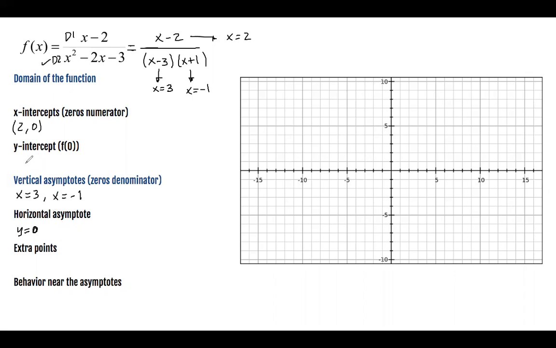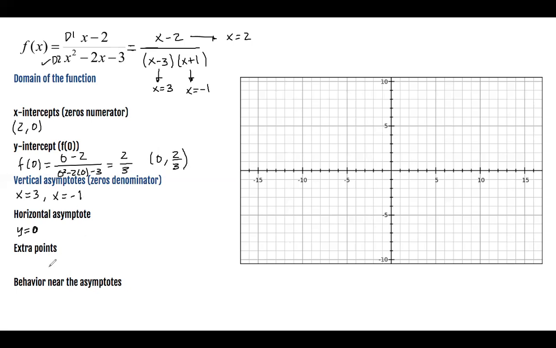The y-intercept, we need to just evaluate the function with 0. Usually it is better if you do it on the original. So 0 minus 2 divided by, or at least that's what I like to do. And you're going to get 2/3. Minus divided by minus, negative by negative, you get positive. So the y-intercept is 0 comma